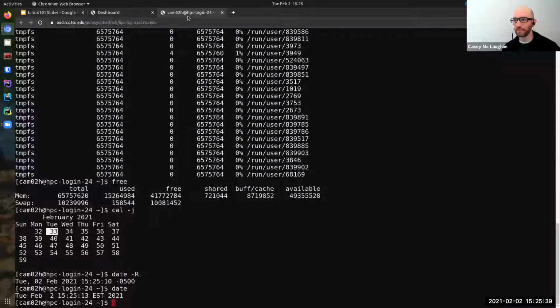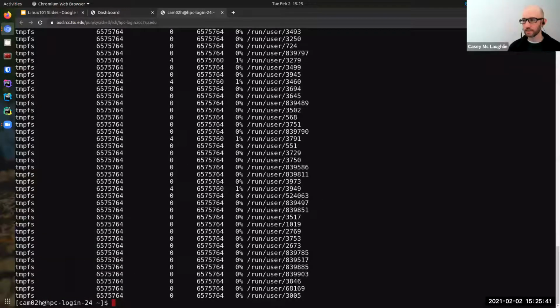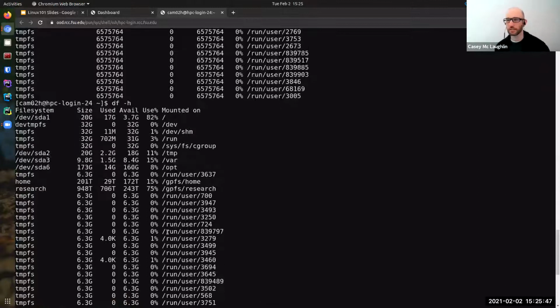Let's do df again. So df without any arguments just prints out this nonsense. But df -h makes it a little bit more legible. So we have 20 gigabytes. Used is 17 gigabytes, and available is 3.7 gigs.